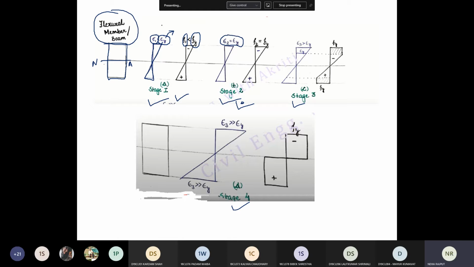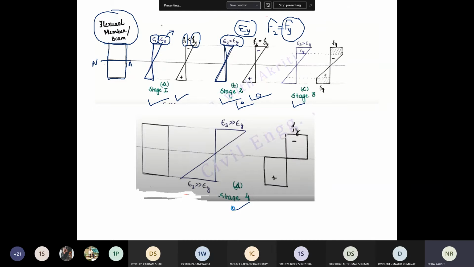So your epsilon 2 in the second stage is equal to the yield strain, and your stress is also equal to the yield stress. So this is the region beyond the elastic limit, that is my stage 2. Again the diagram will remain the same triangle because you have not passed the yielding limit.